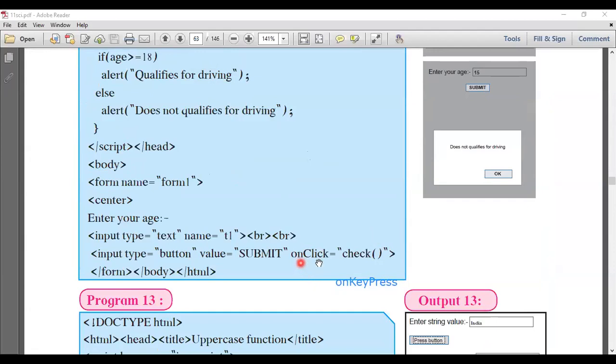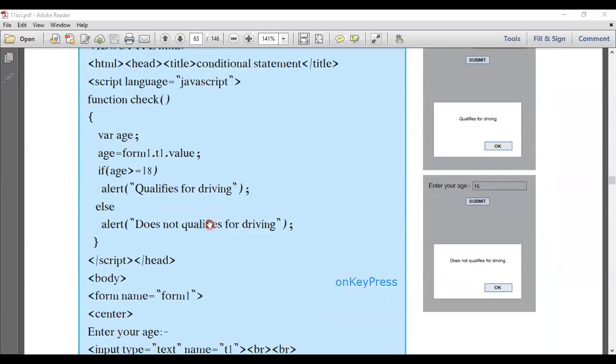In this program, the function is written in this way: function check, opening curly bracket, closing curly bracket, and inside the curly brackets some instructions are written.